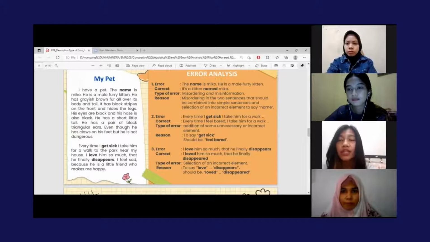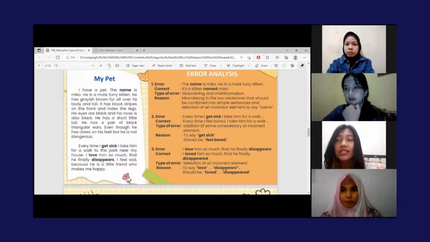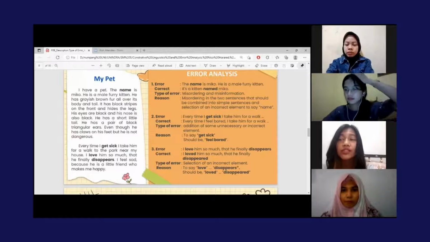The first error is in the first paragraph, in the second sentence. The sentence is "the name is Miko, he is a male furry kitten," and the correct one is "it's a kitten named Miko." The type of error is misordering and misinformation, because of misordering in the 2 sentences that should be combined into 1 sentence, and selection of an incorrect element to say name.